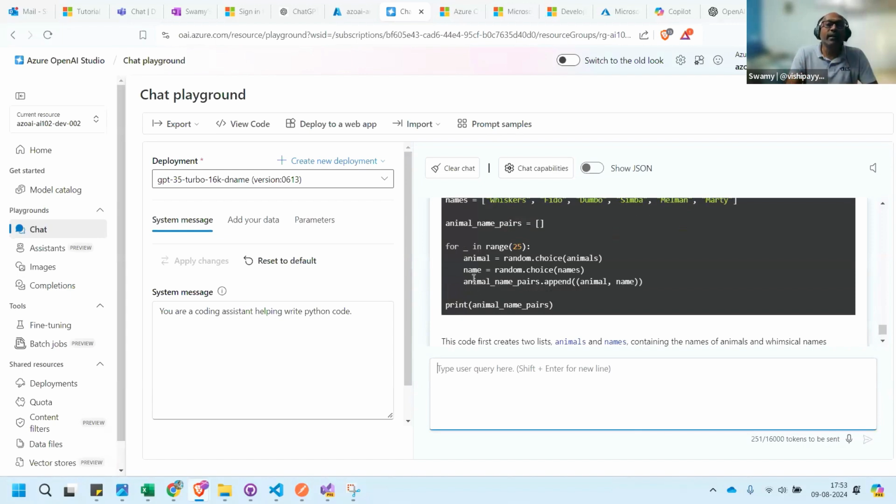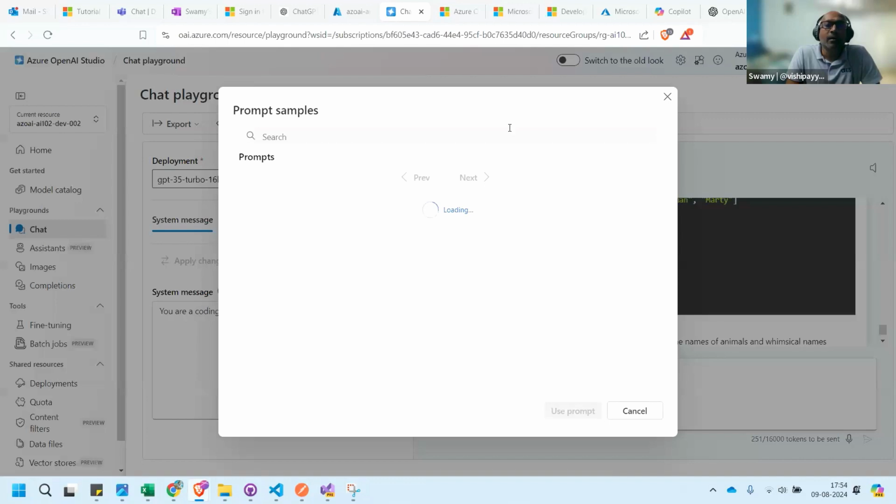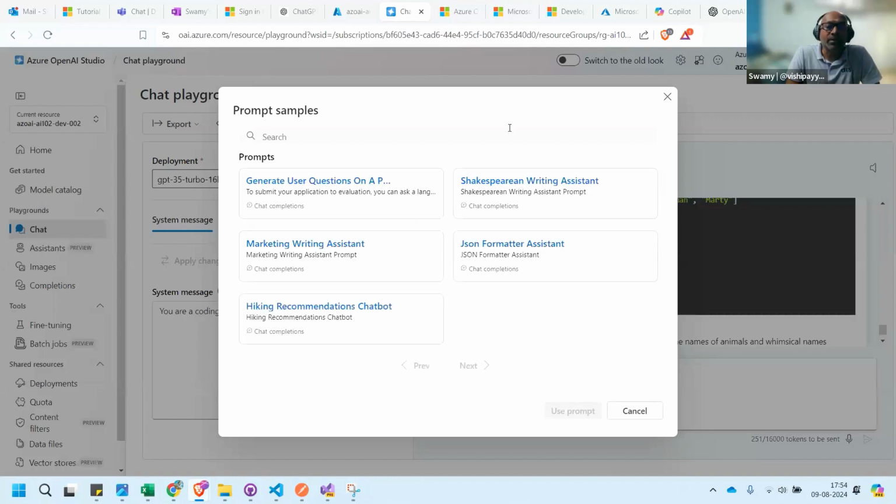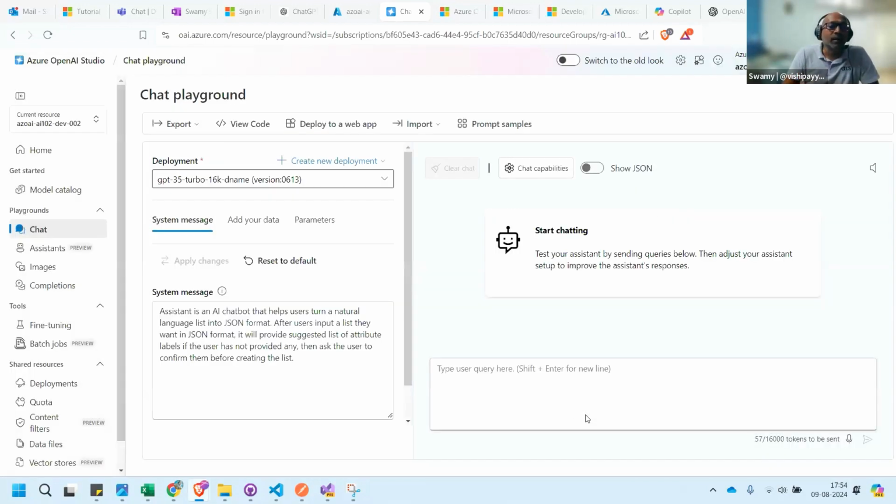Now, if you go and see, these three things will come into picture. There are other samples which you can see. Now, we are saying that we want this one. Assistant is an AI chatbot that helps users turn natural language into JSON format.